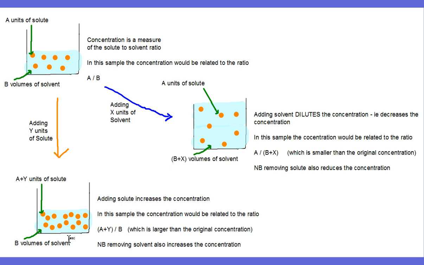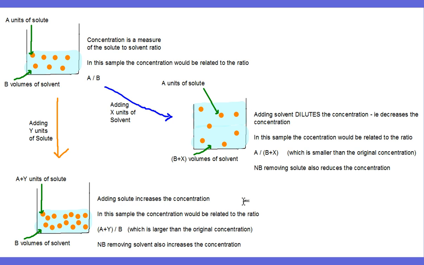However, you could add some solute to the mix. In this case, I'm adding Y units of solute, but I've still got B volumes of solvent. And adding solute increases the concentration. So in this sample, the concentration is related to this ratio, which is A plus Y units of solute divided by B volumes of solvent. That's obviously a higher concentration than this one up here because the ratio is bigger,